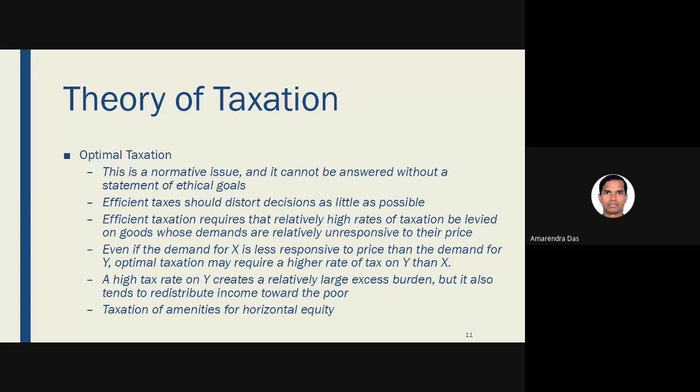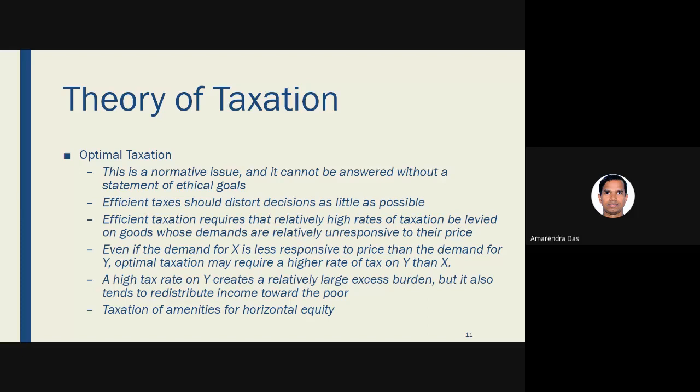But then you cannot impose taxes equally on all the goods because the nature of goods is completely different. Some goods are considered necessary, some goods are considered luxuries, some commodities are considered as comfort. There could be other classifications also, but in simplistic form, we can say that the commodities are either necessary goods, or they give comfort, or they are luxurious commodities. Or you can also say that some are addictive goods, or sin goods, or bad goods.